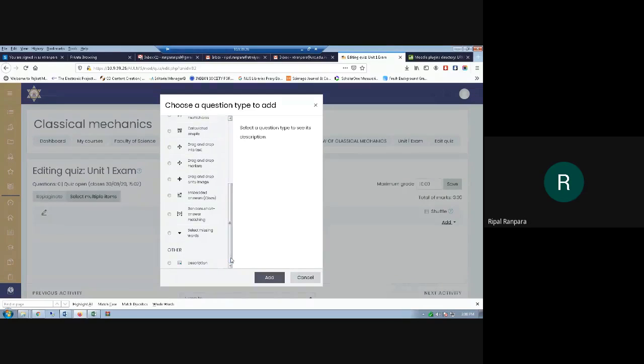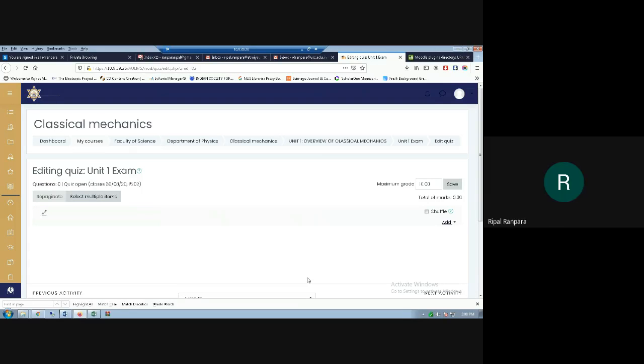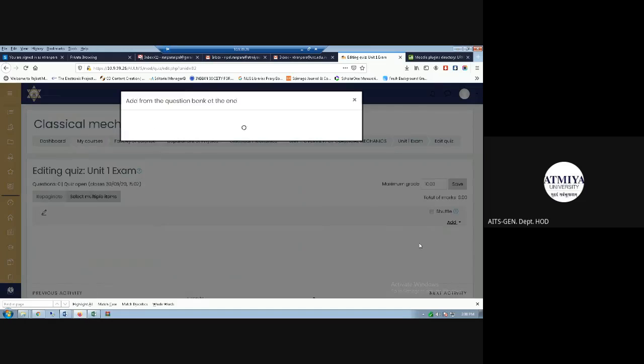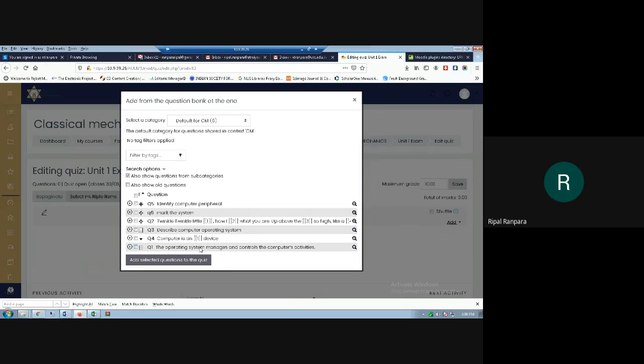Madam, what you are saying is the previous quiz. Over there it is written that you can take the question from the question bank, not the previous quiz, if I am not wrong. Yes, if I upload the question bank, then I can select the question from the question bank. But for that, you need to set up a quiz first. As you can see, for demo purpose, I have set up a quiz here. Okay, thank you, sir.